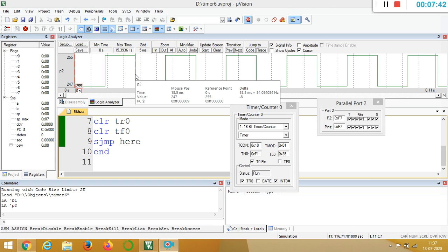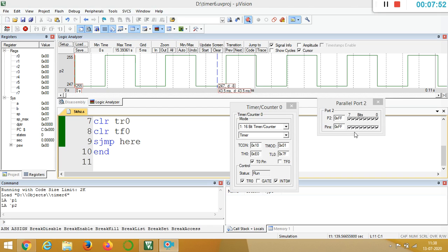So you can take any frequency, any millisecond. First, you have to convert it to the initial count. That initial count you have to load in TH and TL. Then according to the ports. So here you can see in the third bit of the port, you can see the toggling because it is executing CPL. Once it executes CPL P2.3, you can see the toggling in the port. And meanwhile, you can see the counting is happening in the timer counter window. Okay. So like this, you have to get the output in Keil software.